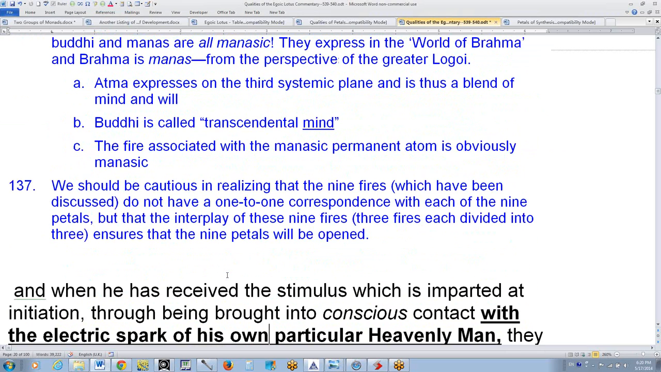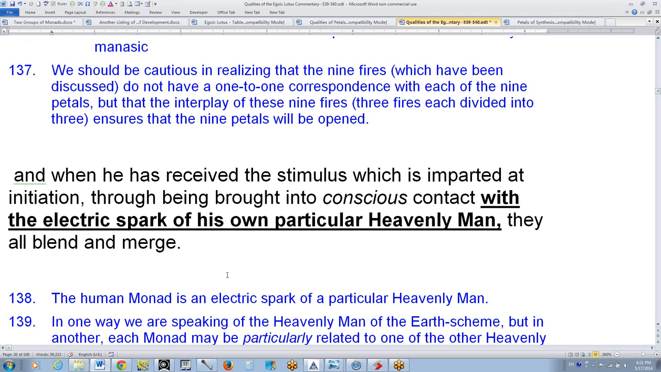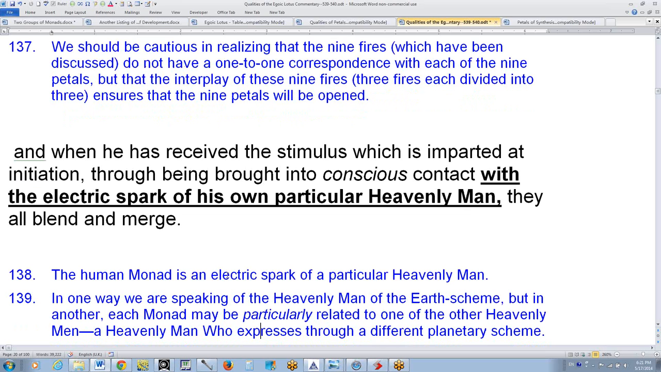So we should be cautious in realizing that the 9 fires which have been discussed do not have a one-to-one correspondence with each of the 9 petals, but that the interplay of these 9 fires, 3 fires each divided into 3, ensures that the 9 petals will be open. I think that's an important point. So it all fuses and blends together, and this is most interesting about the electric spark of his own particular